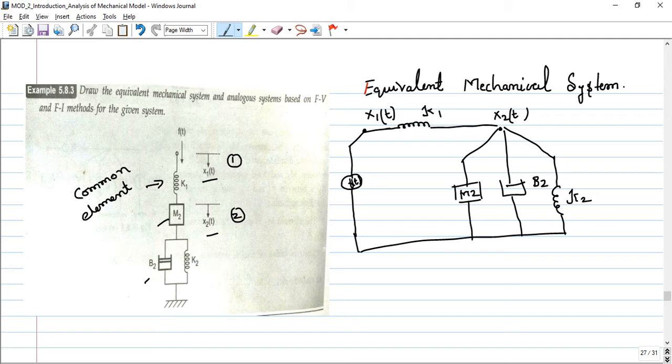Based on this, we need to write a differential equation. If I want to represent the differential equation in terms of nodes, in total we have two nodes, okay? Remember, I am representing the differential equation particularly based on node. So total we have two nodes. So x1 of t node 1 and x2 of t node 2. Okay, so this is the concept. So let me write